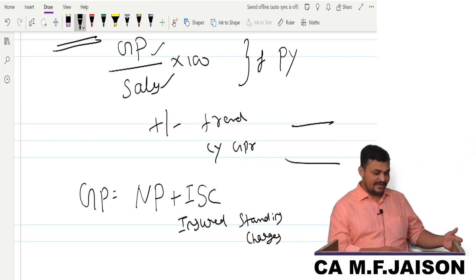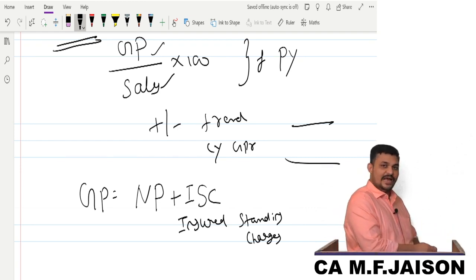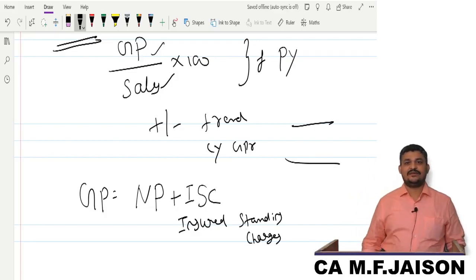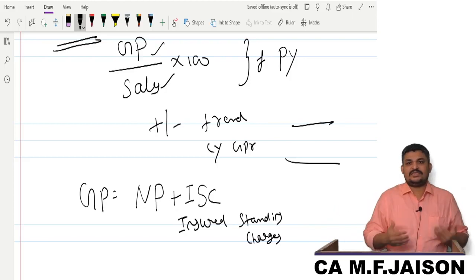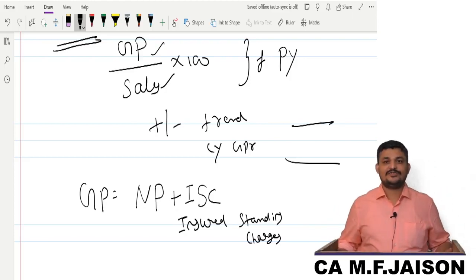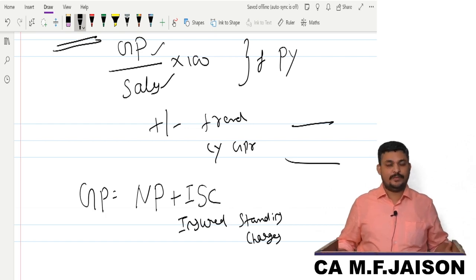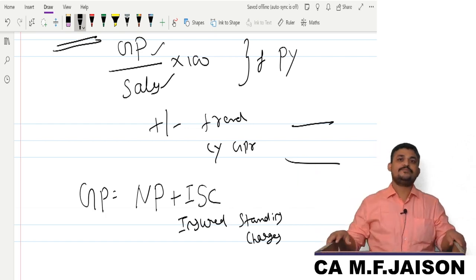Maybe you pay salary to your wife, or salary to your son, like that you may pay salary, which they feel is just appropriation of profits. It's not salary. So thereby some expenditure they may ignore. I mean, they will not accept it.